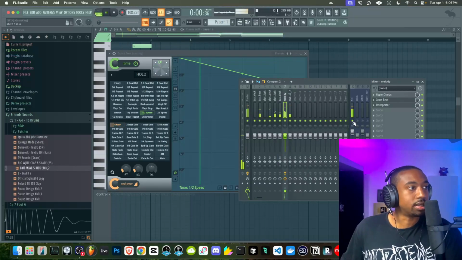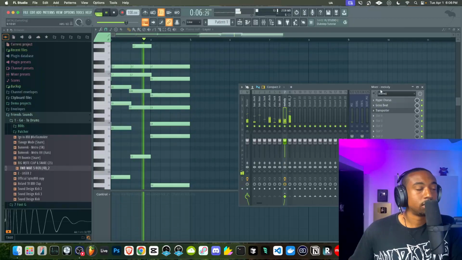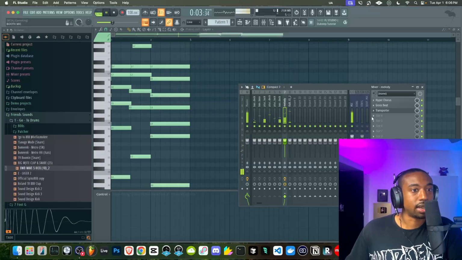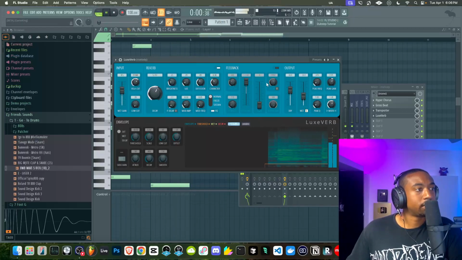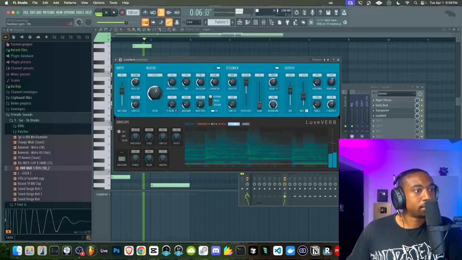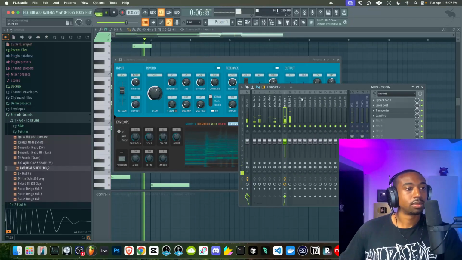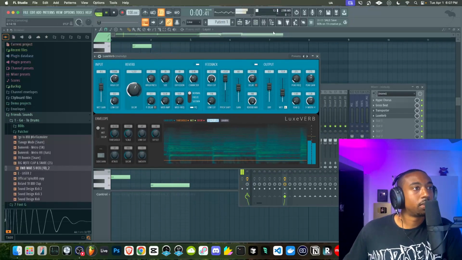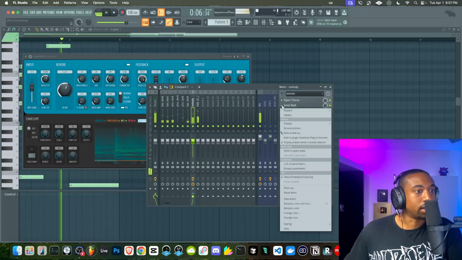So it's interesting, Gross Beat going into Transporter. Pretty cool sound. Then you guys get that reverb. Add some granular reverb. Then if you're crazy, you can slow it down again with Gross Beat.